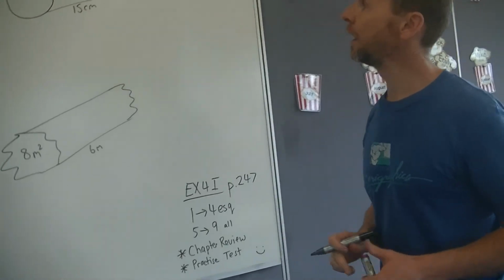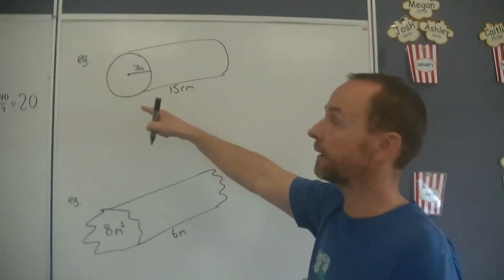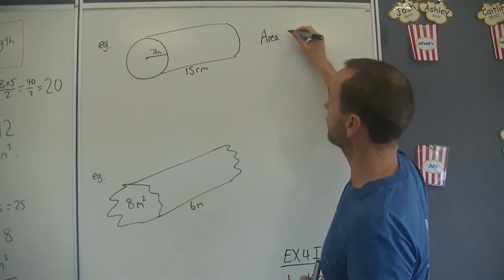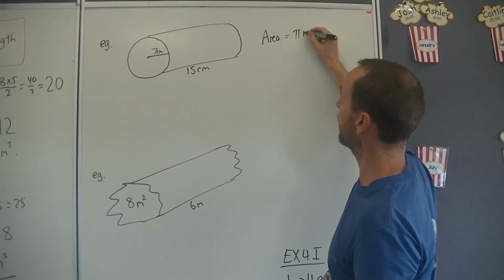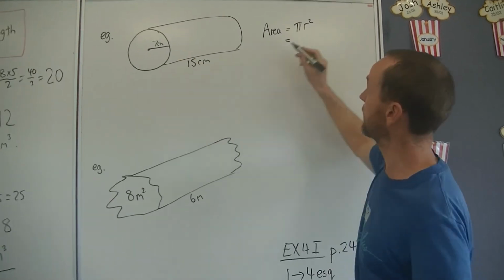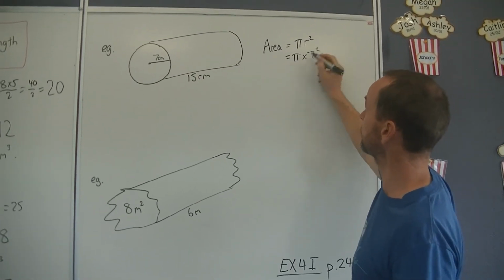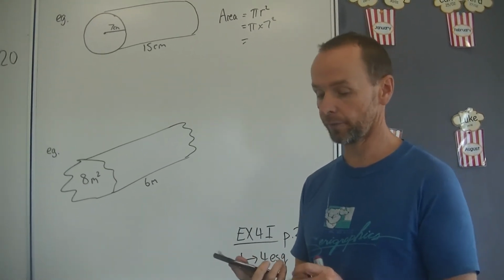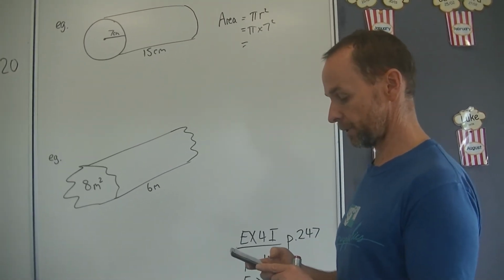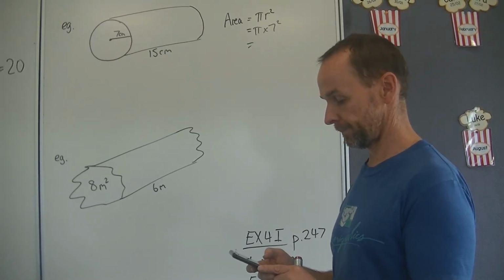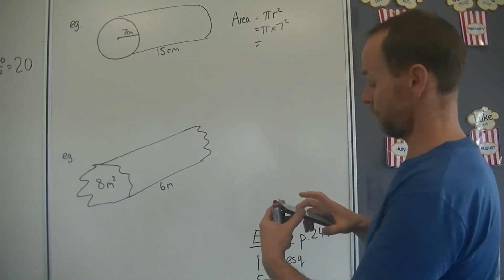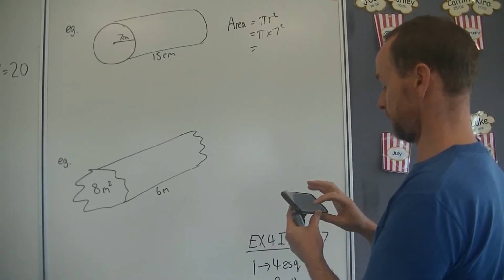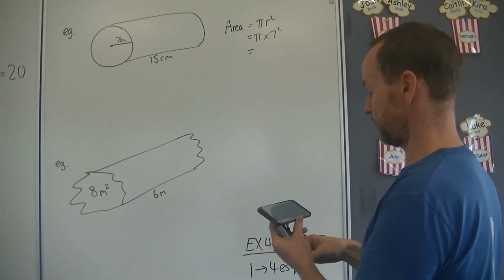Great. Alright, let's have a look at this cylinder. The area of the end, the cross-sectional area, so the area of the circle, is pi r squared. And the radius is 7. So it's pi times 7 squared. Now we have to get our calculator out. Pretty much you can use a calculator for the whole of this topic, but don't use your phone like me. So, 7 squared is 49. 49 times pi is equal to